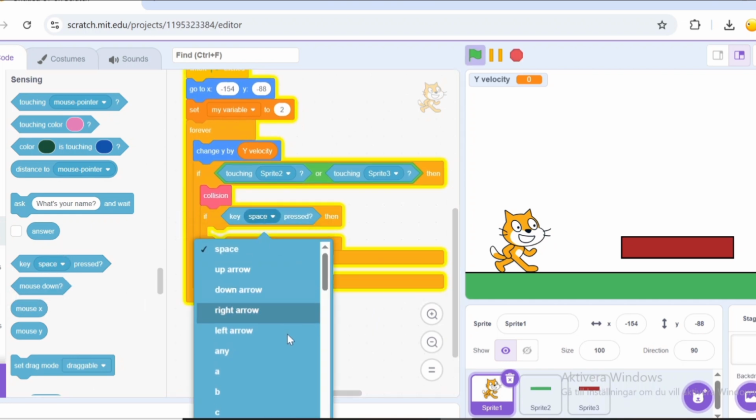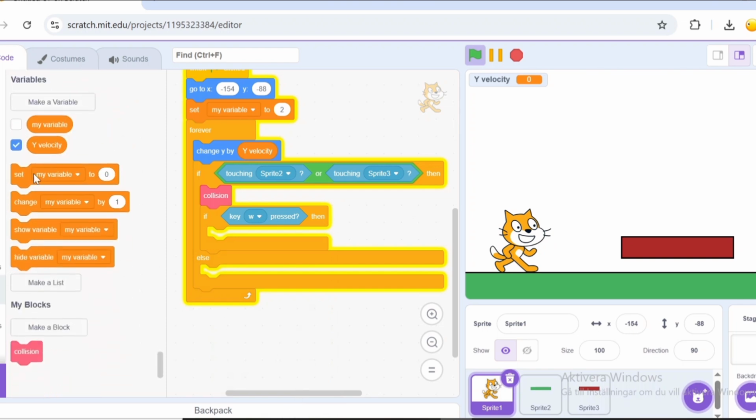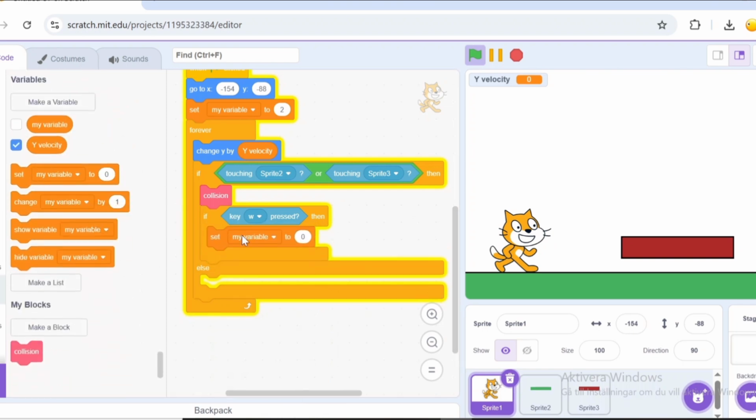So take if key pressed and we take the W. So if key W pressed, then we want to set Y velocity to 12. So set Y velocity to 12,